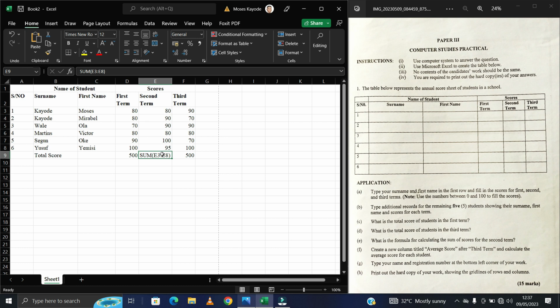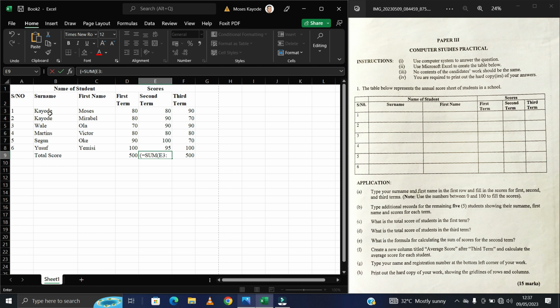Don't add equal to. The moment you add equal to this, there will be calculation. See the formula, because this is going to be printed out. Get that? So you are expected to do it this way, or you can also open bracket, equal to SUM, make sure it's in capital letter, then you open bracket again, the cell E3, that means we are starting from the 80,